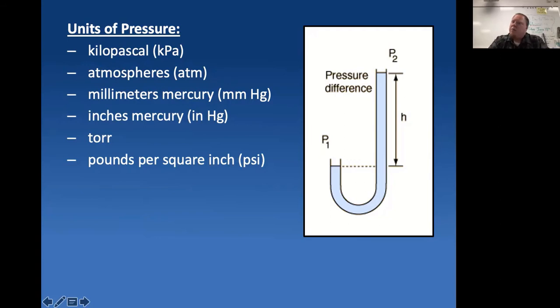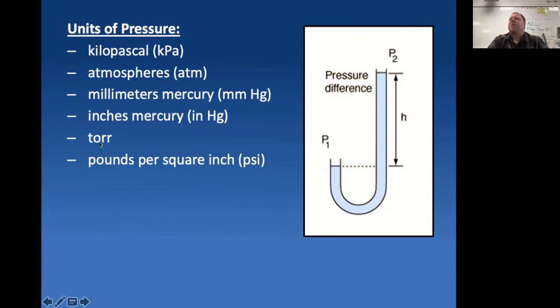Atmospheres, this one right here. I'm sorry, I'm kind of doing this out of order, but an atmosphere is sometimes very beneficial to explain and compare it to a normal atmosphere. So 1 atmosphere of pressure would be just normal atmospheric pressure. 2 atmospheres of pressure would be like saying it's double the atmospheric pressure. Normal atmospheric pressure is 14.7 pounds, so double that would be 29.4 pounds. That would be 2 atmospheres of pressure. It's double the normal atmospheric pressure. So atmospheres is another one, just comparing it to how much normal atmospheric pressure is.